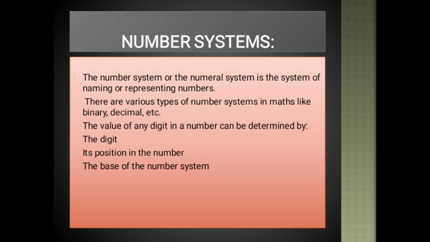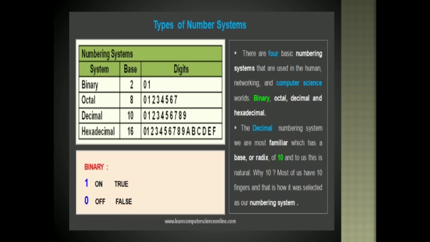The value of any digit in a number can be determined by three factors: the first is the digit, the second is its position, and the third is the base. These three factors are the main factors on which the number system can be divided into four main types: binary number system, octal number system, decimal number system, and hexadecimal number system. The decimal numbering system is the one we are most familiar with, which has a base (radix) of 10, and to us this is